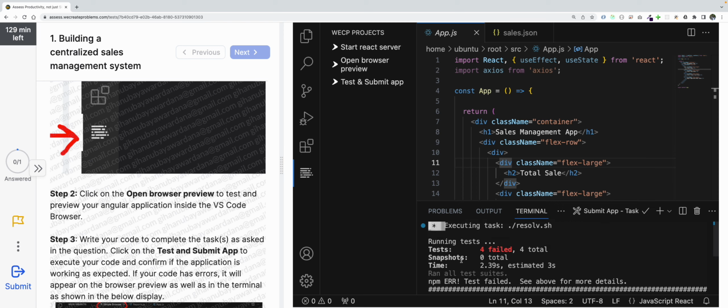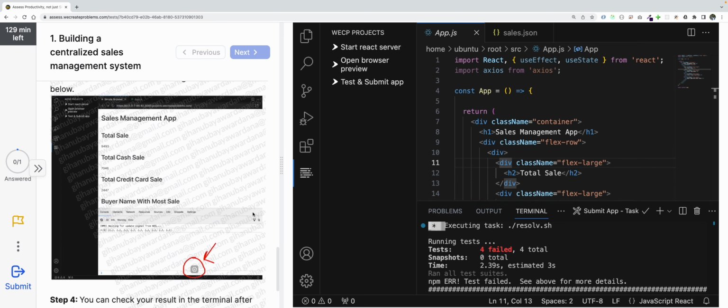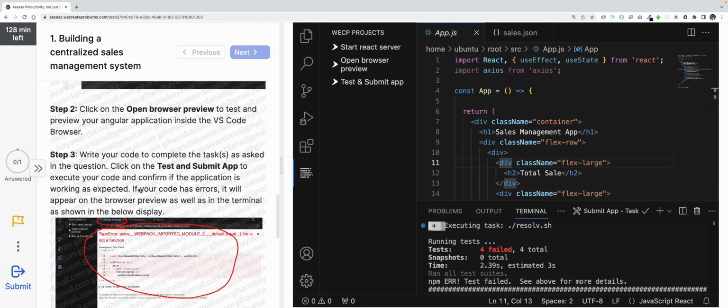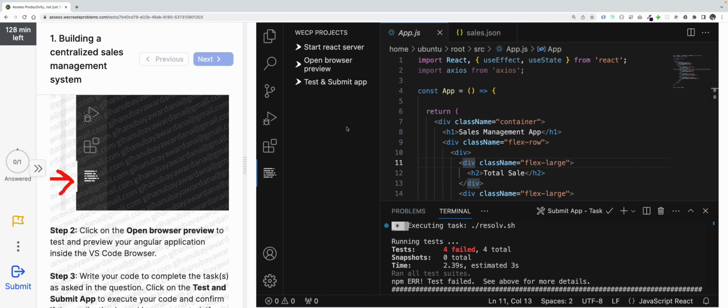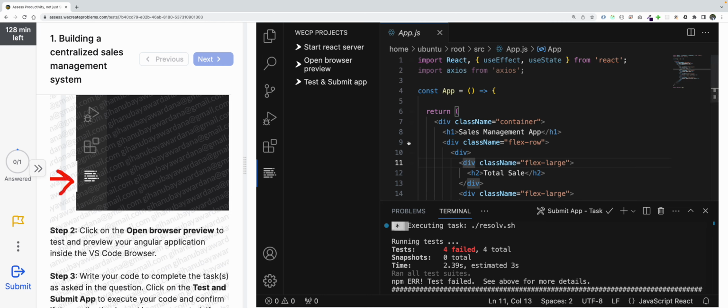So yeah, there are some test failures, so we need to fix these test failures in order to submit the assignment. So now let's see how we can tackle this issue. We should come to a state where the tests are passing. Now we have a clear idea on what is expected in this assignment, so that we can do the